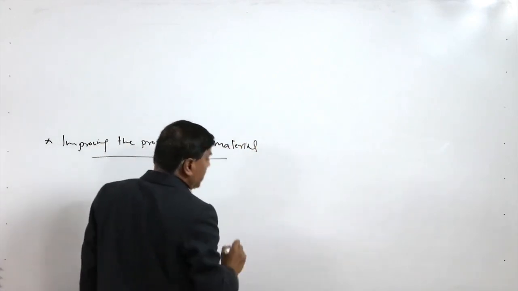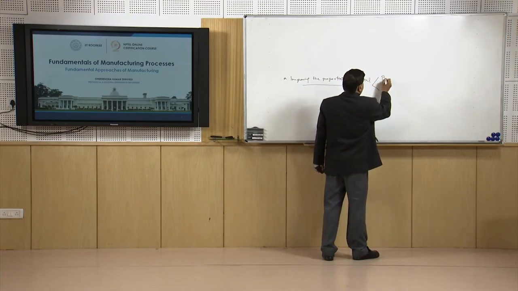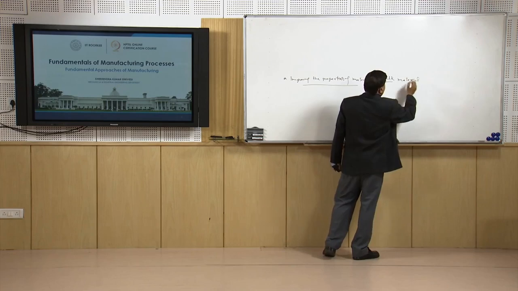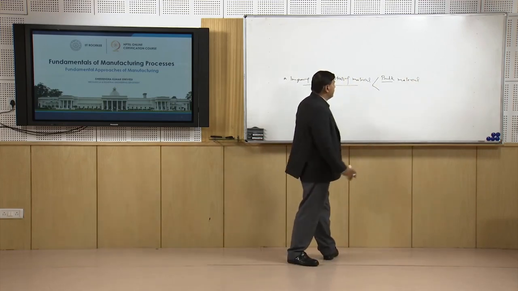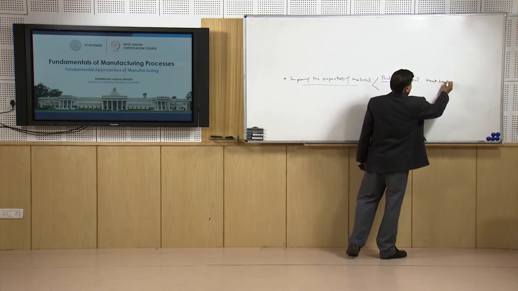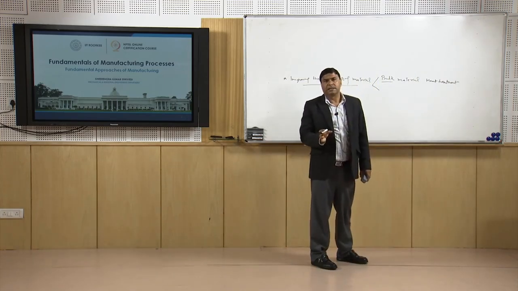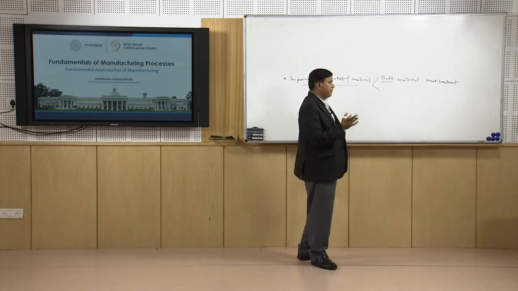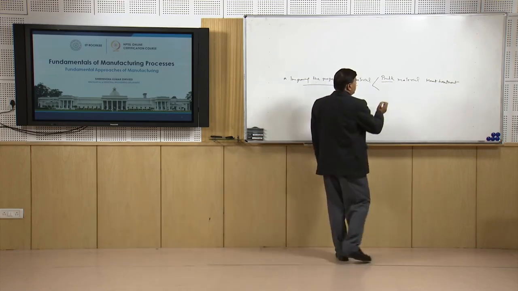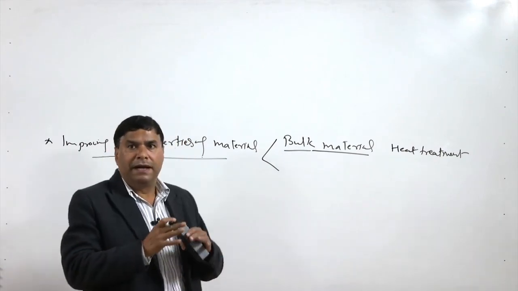There are two categories in this one, wherein the bulk material properties are modified. The properties of the entire component are modified for this purpose, like the heat treatment. Various types of heat treatments are there, like annealing, normalizing, hardening and tempering, martempering or austempering for steels, precipitation hardening, etc. So that they will be helping us to improve the properties of the entire component